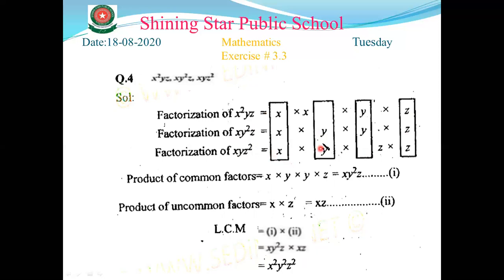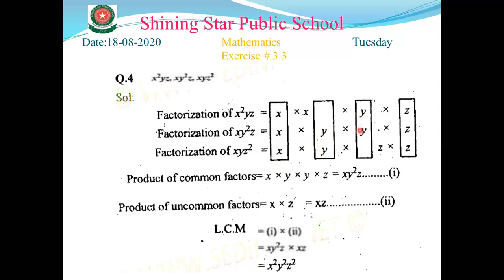X is common, y is common, and you know that here y comes in the 2 terms, not in all the 3 terms. In HCF, when we take the common, we have to find the number or a variable in all the 3 terms, like this. In HCF, we take the common those variables which are present in all the 3 terms. But in LCM, we can take the common of that number which is present in only 2 terms. So that's why we take the common y.